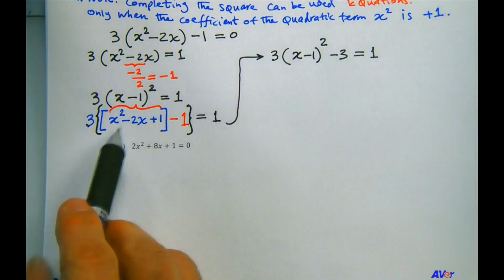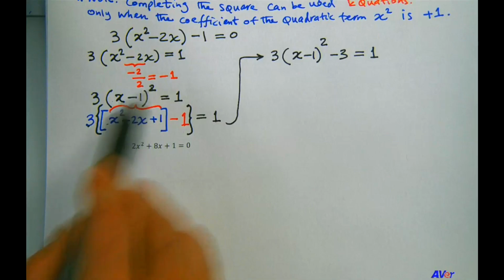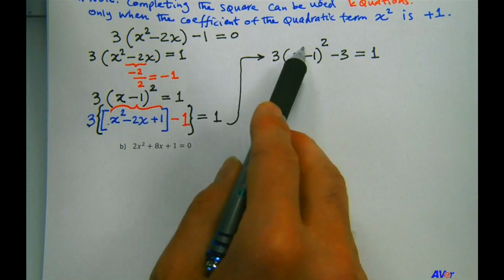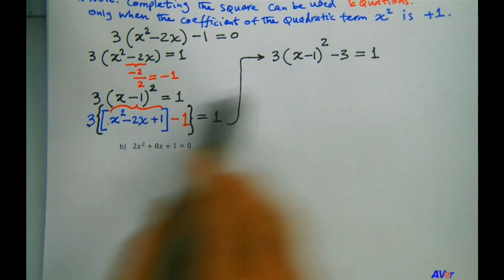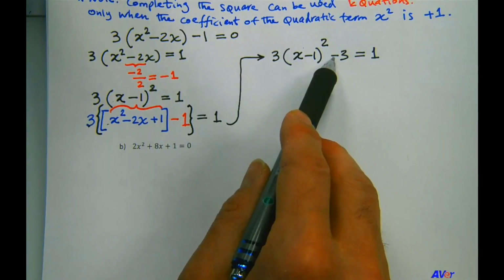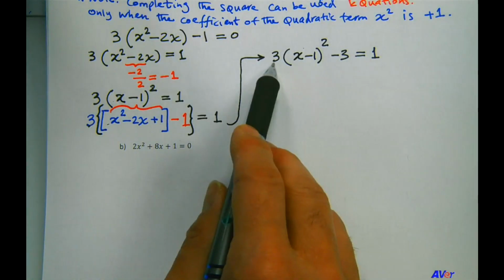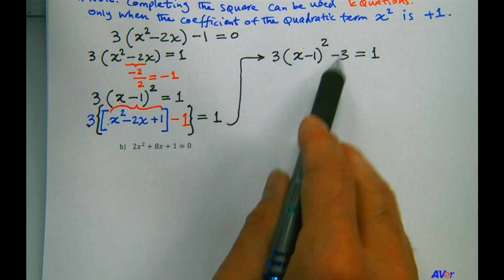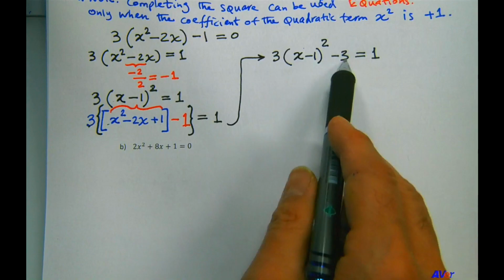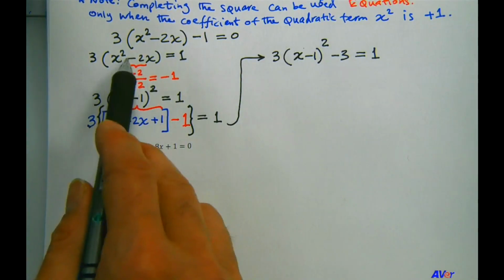Notice all I did was, because this is the expansion of the completed square, I rewrote it over there, except that after distributing the 3, you end up with a minus 3, which is what we want. Because if you expand this, you get positive 1 times 3, it's positive 3. We don't need that, so subtract 3, and we add up to 0, which is what we want. We end up with the 2 terms that we started with. Okay,